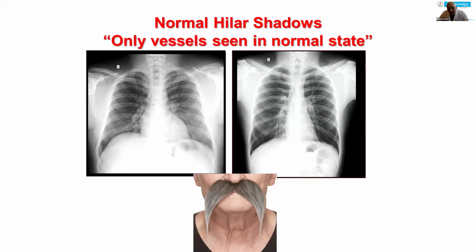Another very important thing is the mediastinum, the hilar area. The hilar area is like that of a mustache, a drooping mustache. So they are well defined, sharp. They are like this, well defined, sharply outlined, tapering towards the periphery. Again, same thing, well defined, sharply outlined, tapering